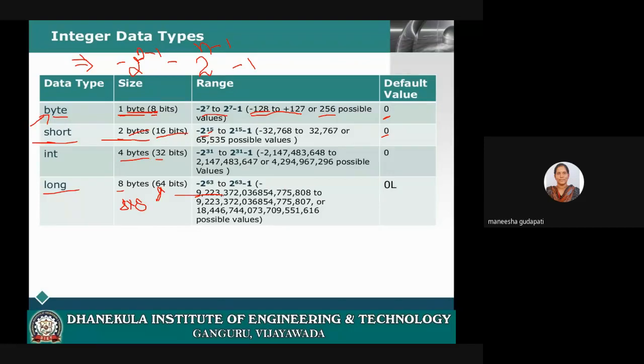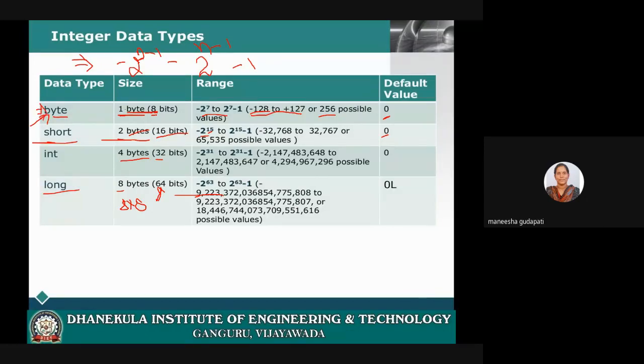So here you can see a long number. So you can store a number value between this range. Got it? Depending on the value you are going to store in the variable, you have to define the data type.